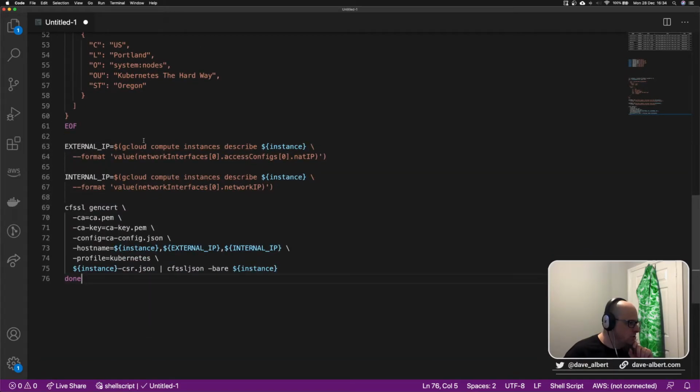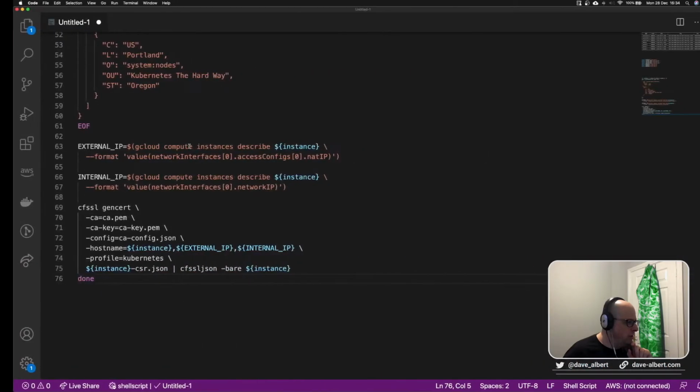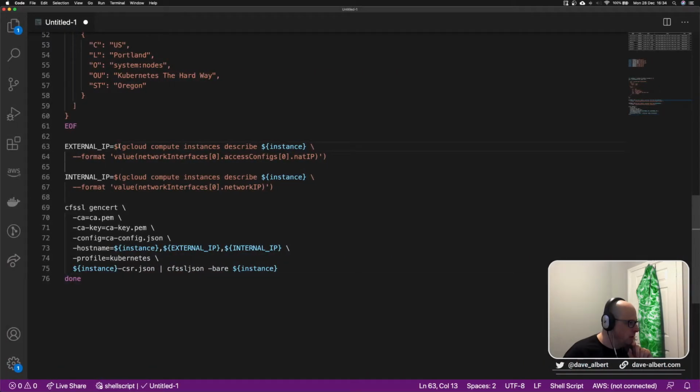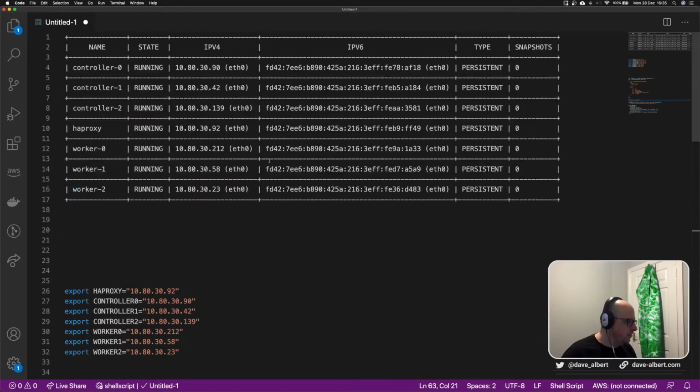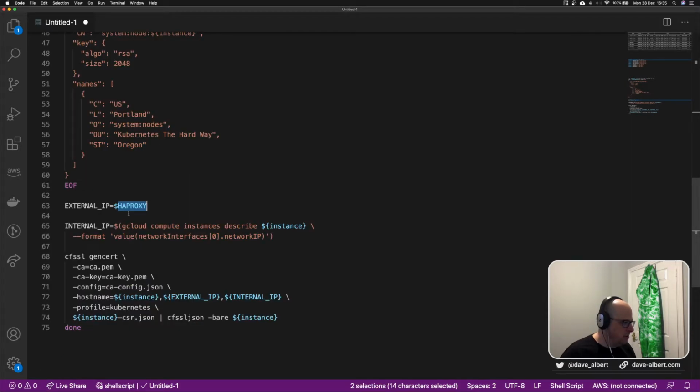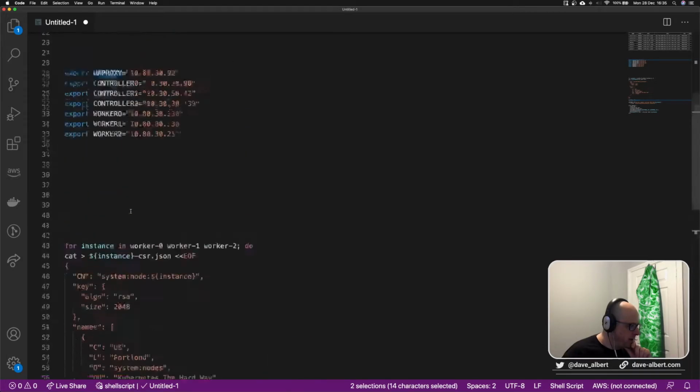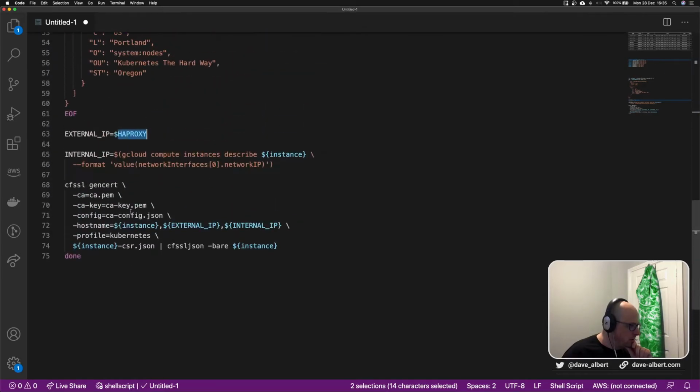The external IP is going to be HA proxy. That's what we're calling it, right? Yep. So that is our external IP address. That's how we'll be able to access this. Then our internal IP is going to be